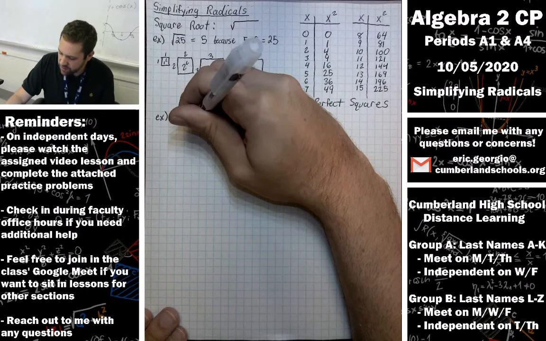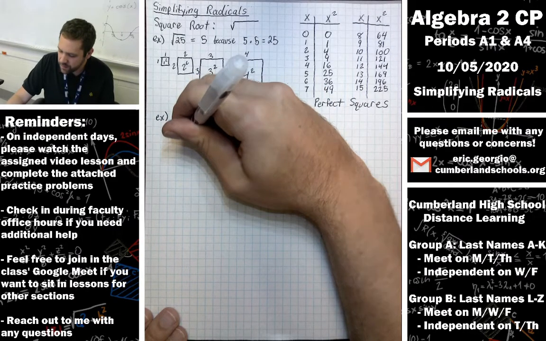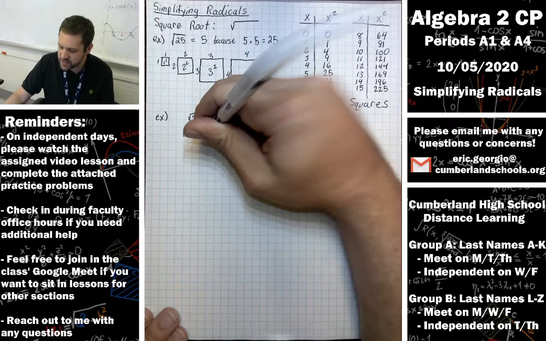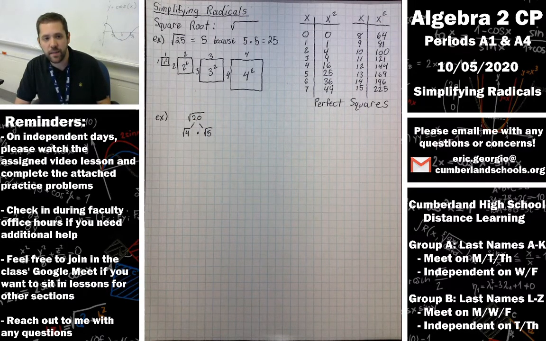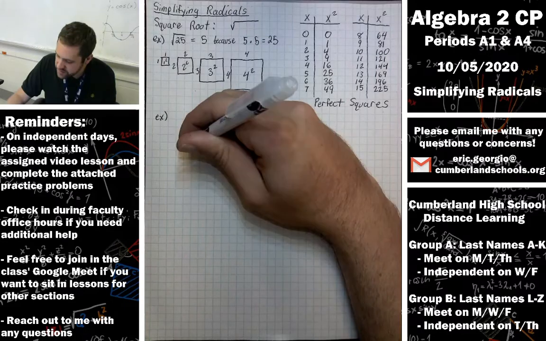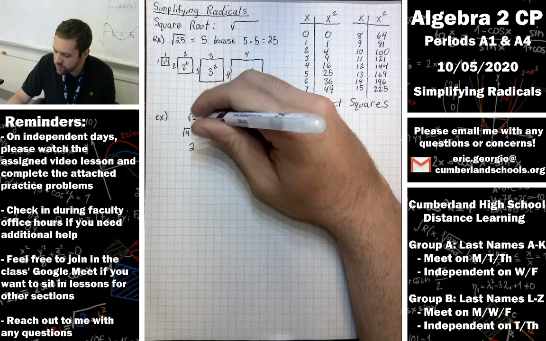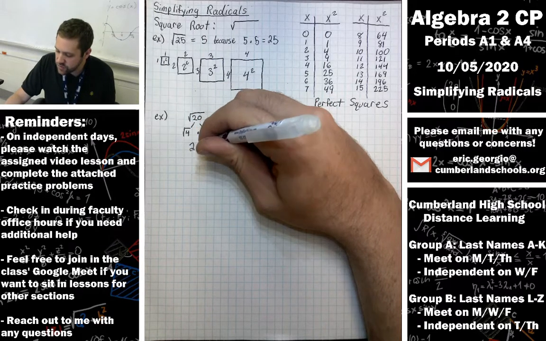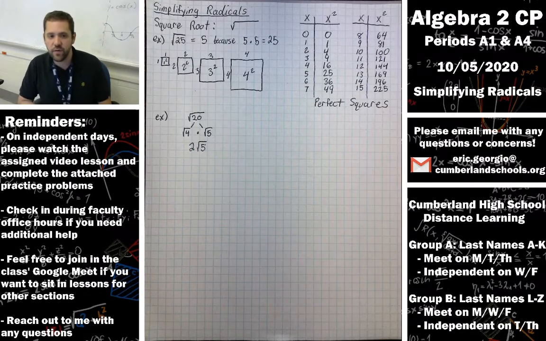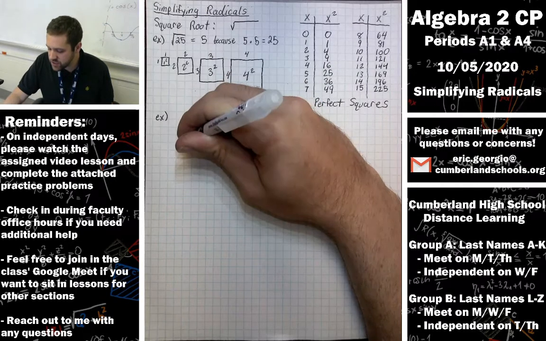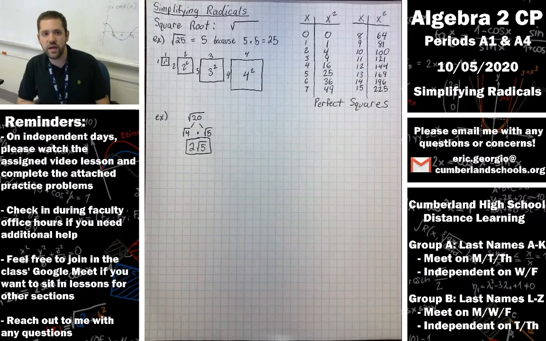Right? Could I not rewrite this as the square root of 4 times the square root of 5? Because the square root of 4 times the square root of 5 would equal the square root of 20. And the square root of 4 is something that I know. The square root of 4 is 2. So I can rewrite the square root of 20 as 2 radical 5, or 2 square root of 5. You often hear that read as 2 rad 5. You could also say it as 2 square root of 5. Okay? And so this is a much cleaner way to write the square root of 20 rather than using a